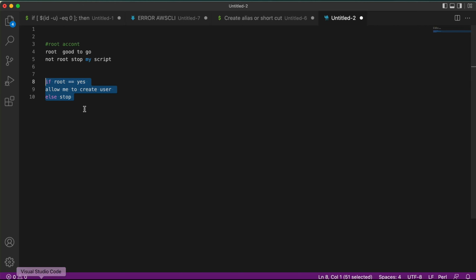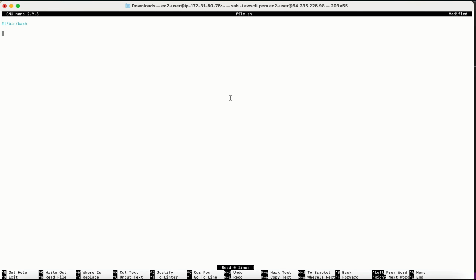Now let me go back to my Visual Studio Code. I need to create a user, but first I need to check whether I am a root user or not, and for that I am going to use an if statement. How are we going to write the if statement? Bracket start, bracket close. Here, if whoami is equal to root, then